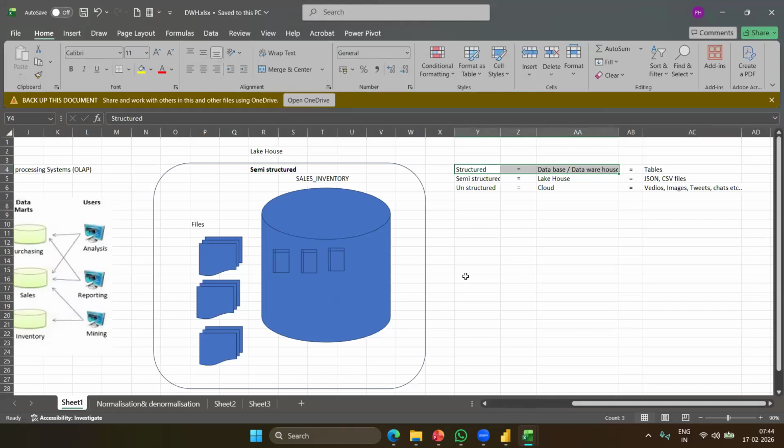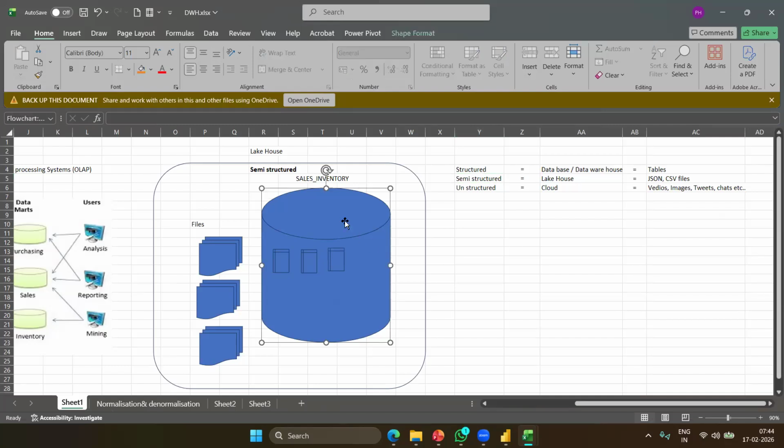Now at the same time, we are going to use some Hadoop related systems, HDFS, where we can store structured and semi-structured data. A database would be hosted, and at the same time there would be files having images, JSON files, CSV files, all those things.